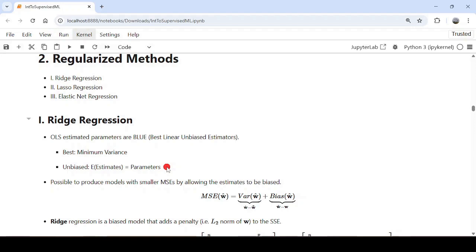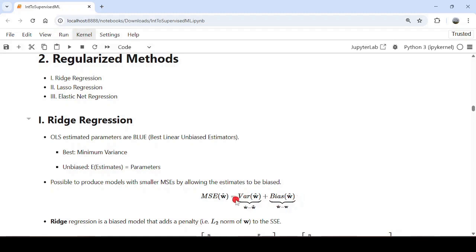So in the OLS regression, the aim was to find the value of the parameters so that the sum of squared errors or the mean squared error is minimized. However, the mean squared error is the sum of two different components which are usually conflicting. One is the variance of the parameter estimates, and the other is the bias of the parameter estimates. So these two components are in opposite directions. That means parameter estimates with minimum variance may have a larger bias, and parameter estimates with minimum bias may have